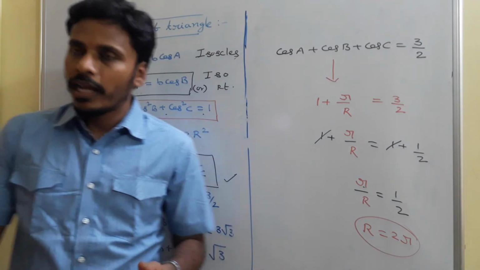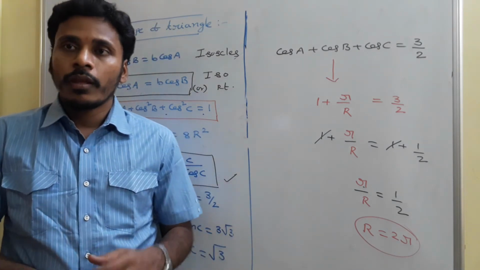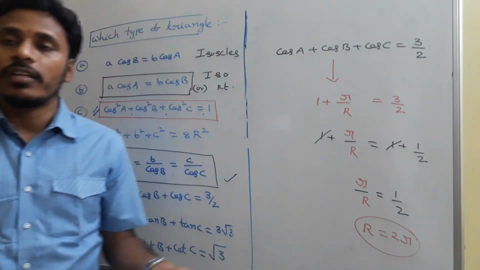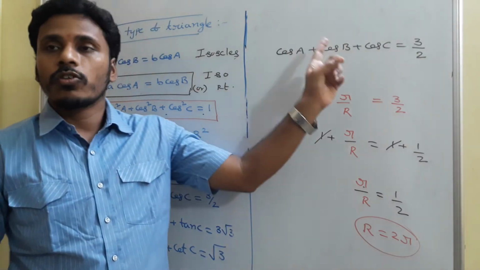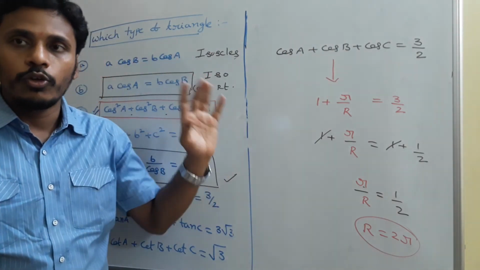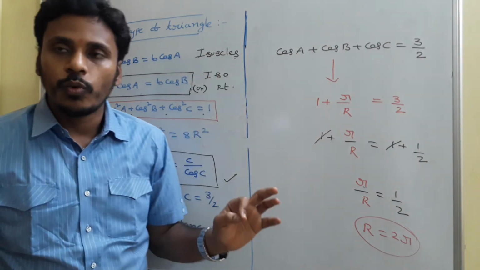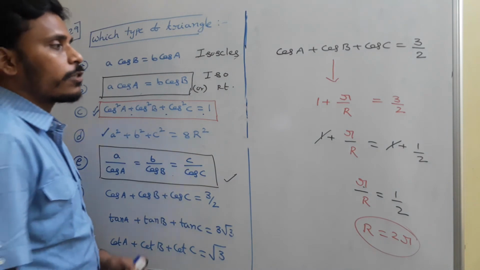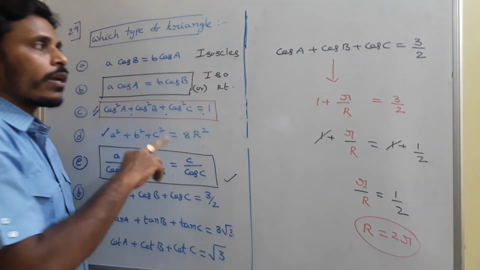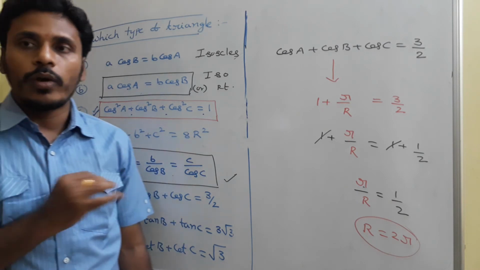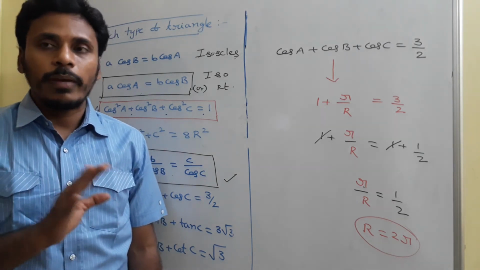Again we will discuss it in the next point. So if the circumradius is double the inradius, then for sure it is an equilateral triangle. So cos A plus cos B plus cos C equal to 3 by 2 is true for an equilateral triangle. So in this situation the triangle is equilateral. We proved it just by using this particular statement that cos A plus cos B plus cos C is equal to 1 plus small r by capital R. That's one idea.